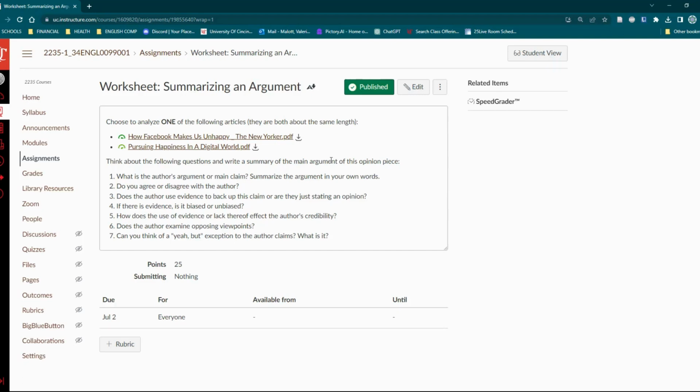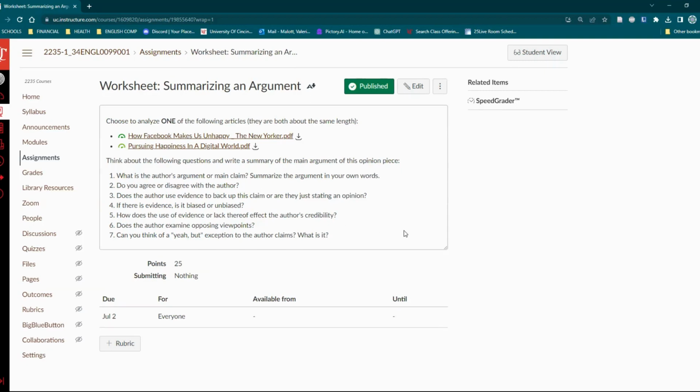Okay, this is a different way of looking at some of the readings, right? Early in the semester, I had you read something from Malcolm X and who was the other one? Oh, the video from Stanton. And I had you think about those things and answer some questions. So here again, we are taking an opportunity to think about some things that you've read, choosing one article instead of two things, and answering some basic questions. So that essentially, in a nutshell, is the worksheet.